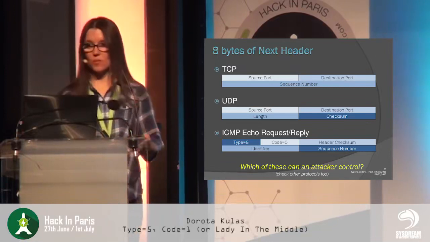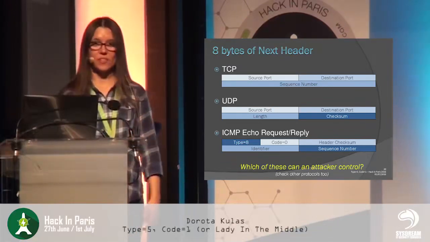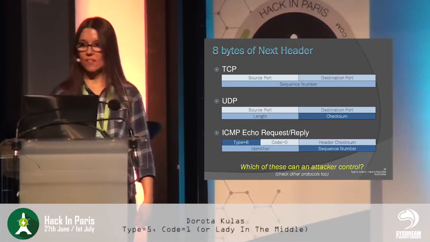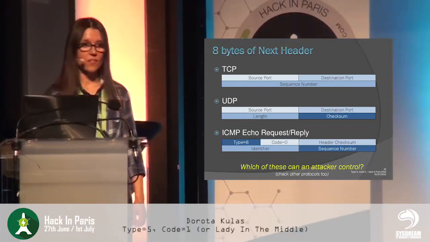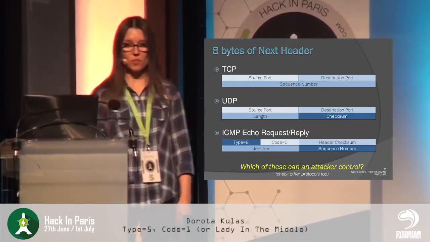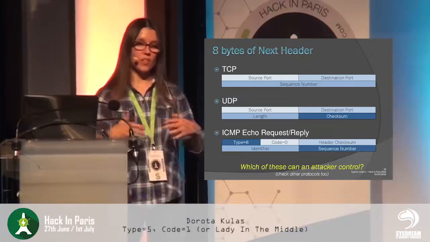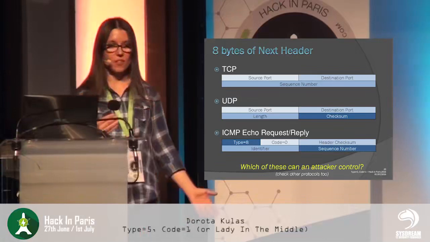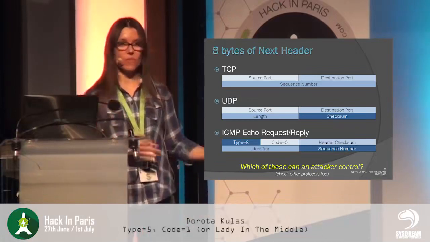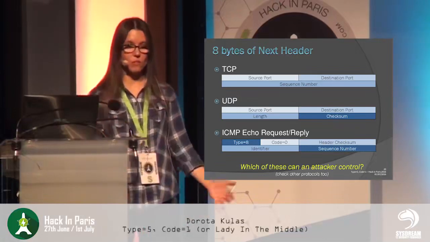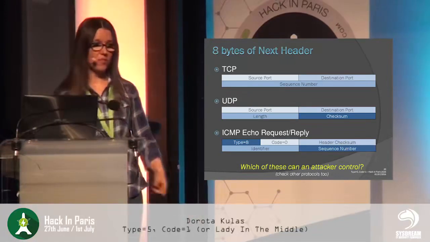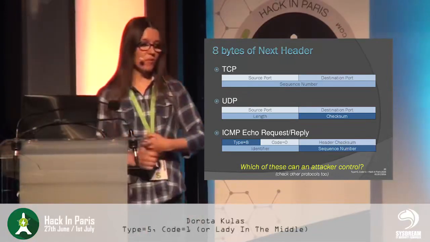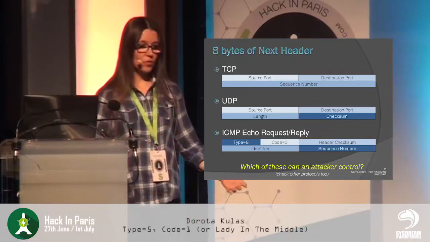So for TCP, what would be the problem for us? Sequence number, because when we send the trigger, we put some random sequence number, and the user would respond with another random sequence number. So we don't know the sequence number. So this is problem number 1 for TCP. For UDP,